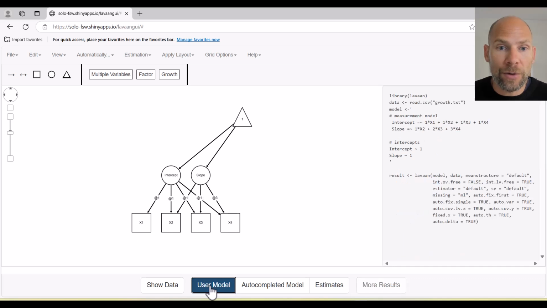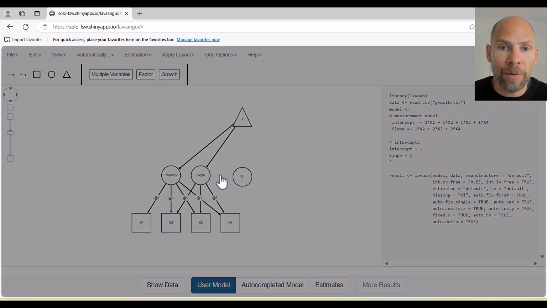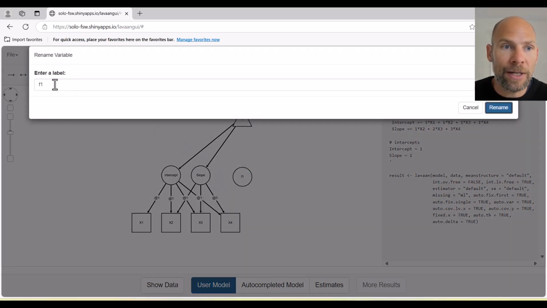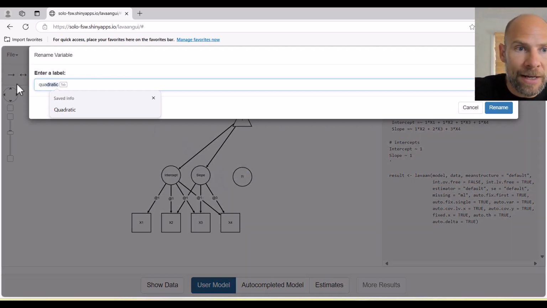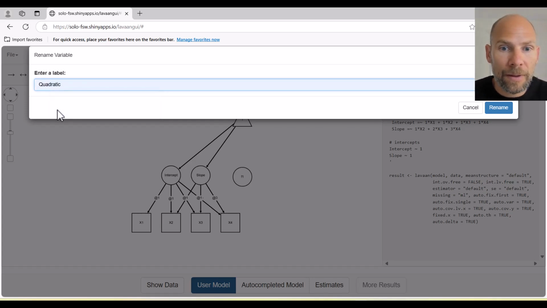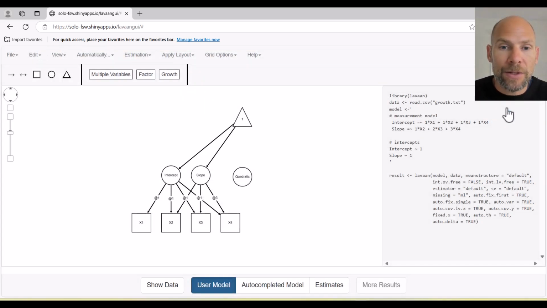We go back to user model, and then we can select another latent variable from the menu here. We drag that down, and then we give that a label. By default, it's labeled F1, which is maybe not what you want. And so we can rename it by right-clicking on it, and then we can, for example, call it quadratic. And then rename. And so then this becomes a quadratic factor. Now you can draw your paths from the quadratic factor to x2,